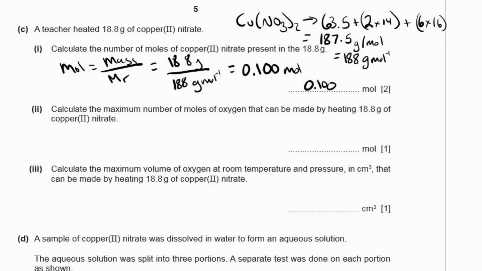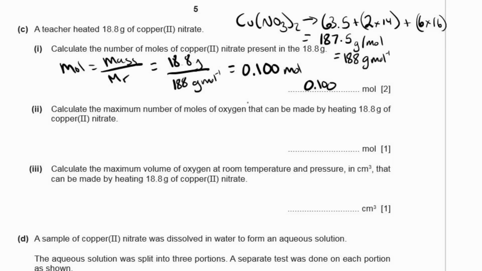At this level, they probably won't take off the marks for not adding the other 2 zeros, but it's a very good practice to get into because at A level, they absolutely will. Okay, or IB or AP or any of those, they absolutely will. Okay, 2. Calculate the maximum number of moles of oxygen that can be made by heating 18.8 grams of copper